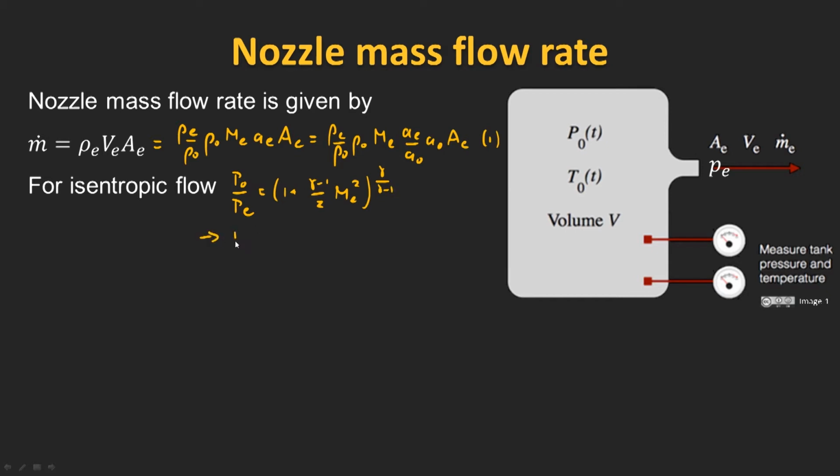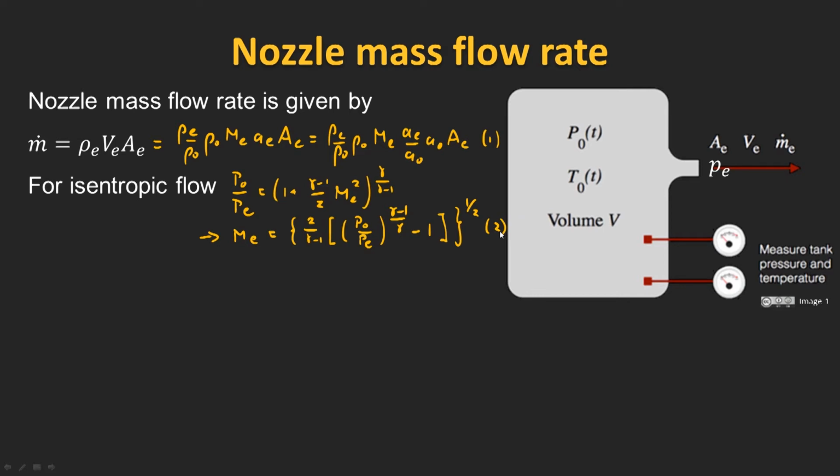We can solve this for the exit Mach number. It's going to be equal to 2 over gamma minus 1 times our pressure ratio to the power of gamma minus 1 over gamma, minus 1, all to the power of 1/2, which we'll label